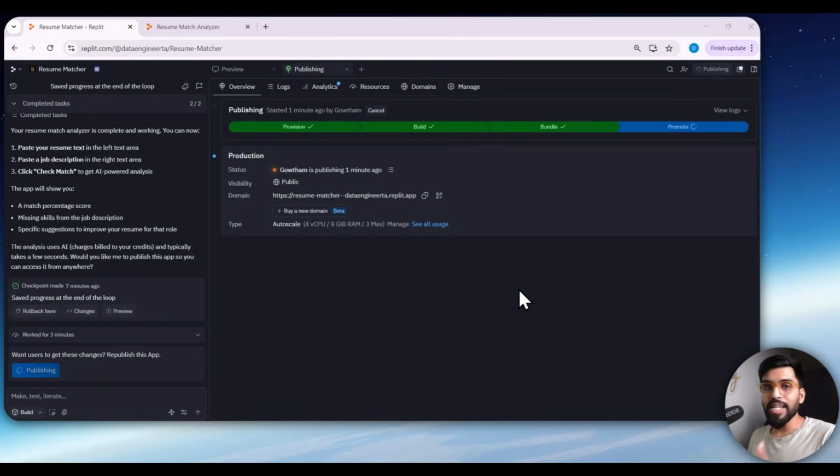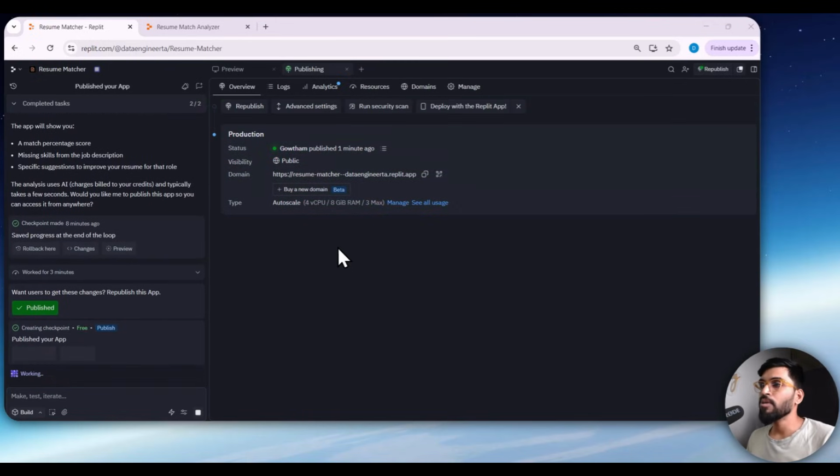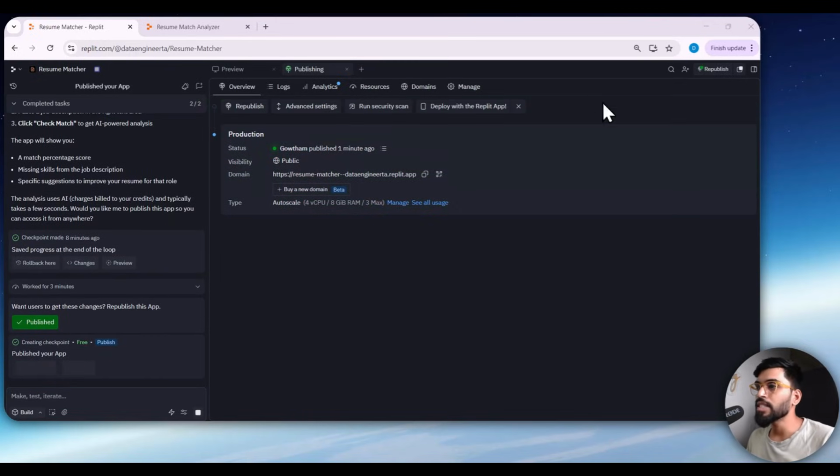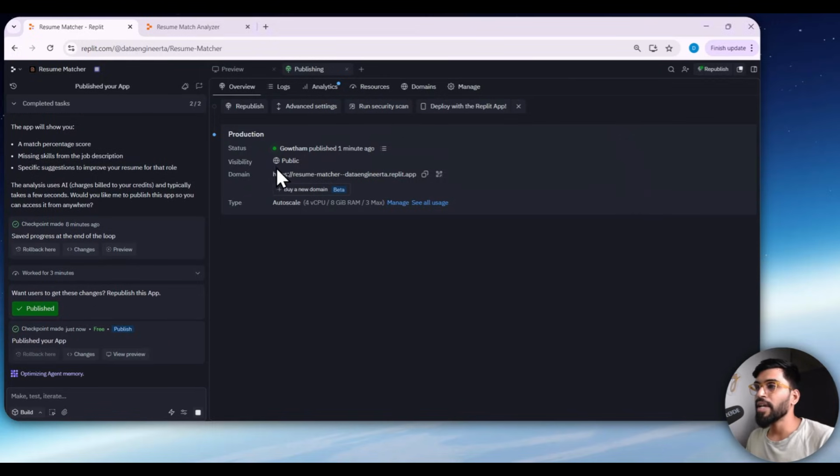See, we are not just building an app. We are hosting our app in Replit itself, right? I'm just hosting. My app runs in Replit, right? So this hosting is what happened now. See, now the URL has been created. So if you see here, my app has got published and your domain name got created. So this is a Replit domain name.